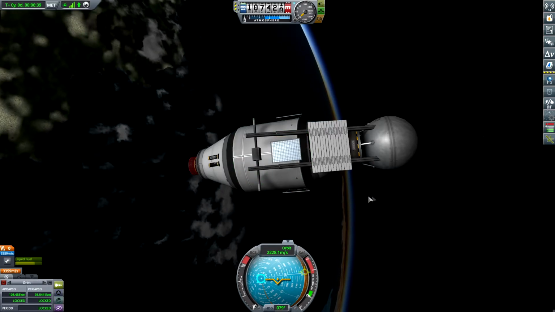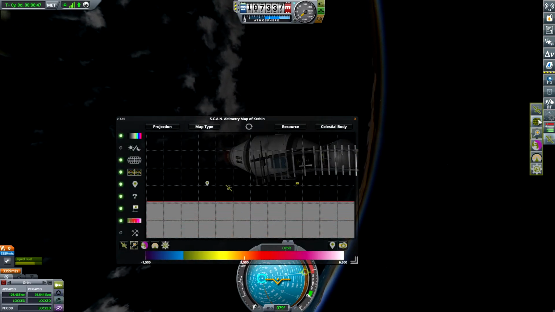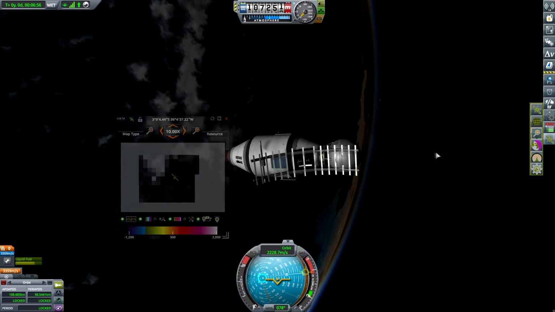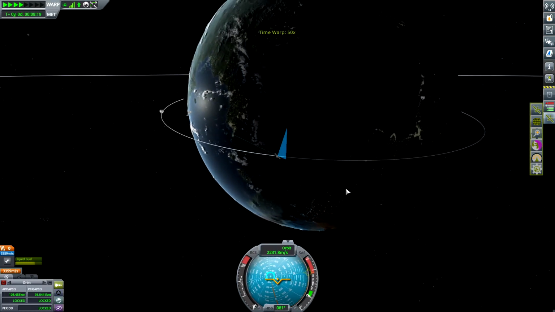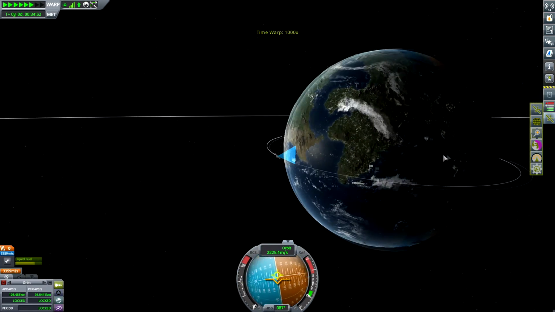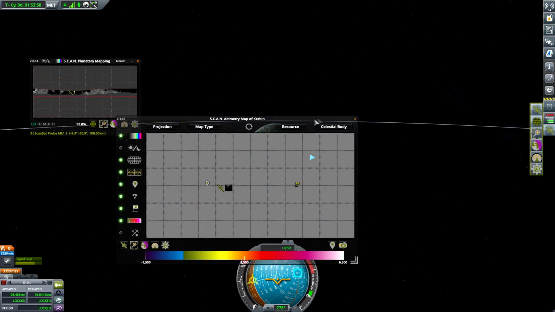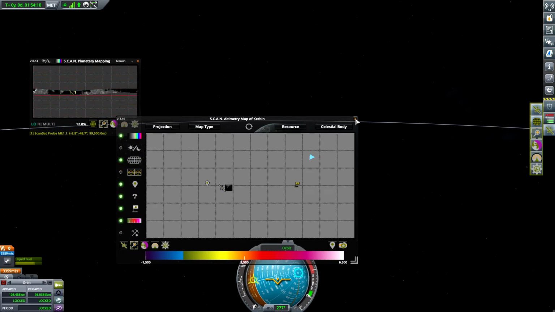Right. So we start scanning, surely. Is that pointing the right way? Maybe. Yeah, so it is scanning it. Right. So. Ah, you can see it scanning there. Right. It's a bit of a weird orbit. But as you can see, we are now scanning something. I just don't know what to...